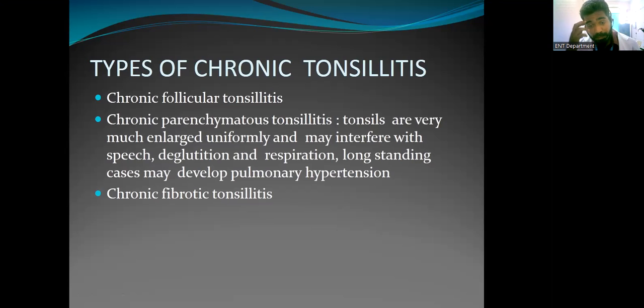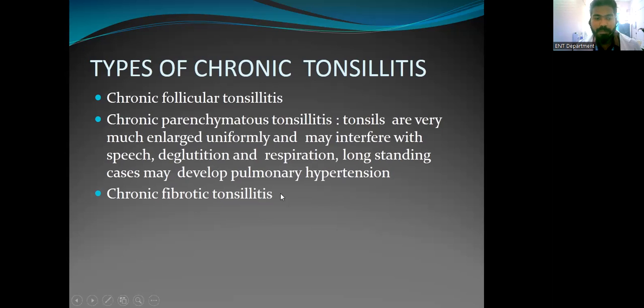And chronic parenchymatous tonsillitis, here the tonsils are very much enlarged uniformly and may interfere with speech, deglutition, and respiration. Long-standing cases may develop pulmonary hypertension. So these are the symptoms that a chronic parenchymatous tonsillitis can lead to. Usually it's the thick speech. The patient cannot talk properly, and they have deglutition issues and respiration issues,